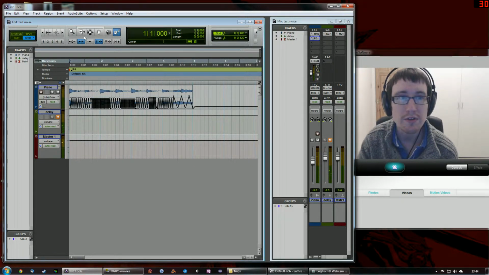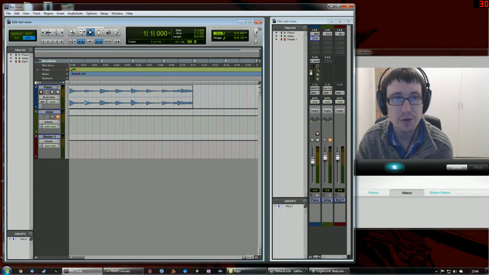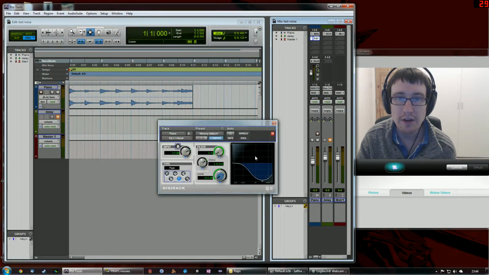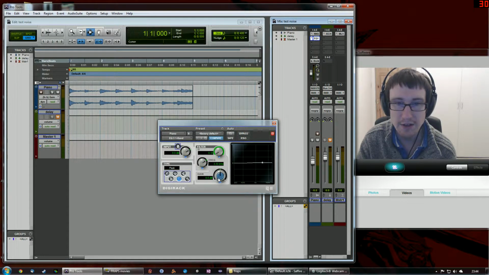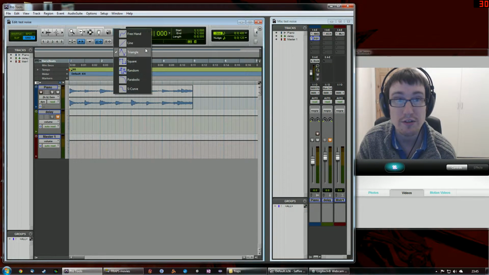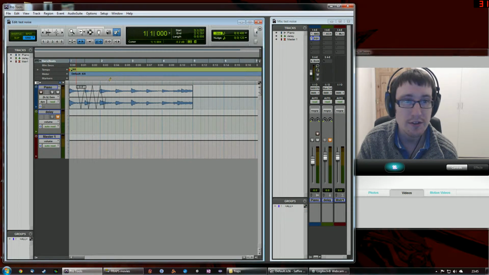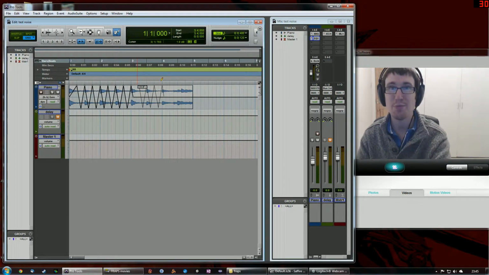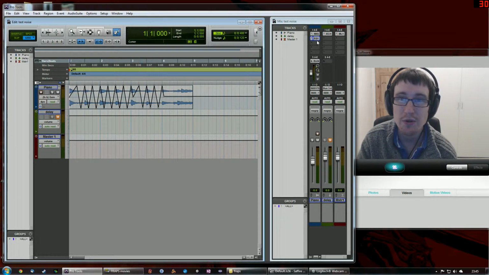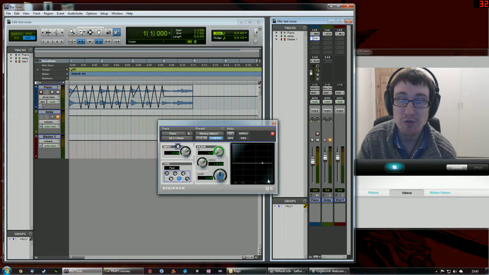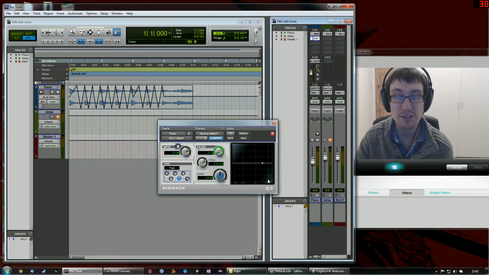What's worth noting is when I'm doing this technique, so I'll delete this so I can show you. When I'm doing this technique, and I'm starting from the baseline of 0 here, so my gain is set to 0. What I'm not doing is selecting, say, my triangle tool and then doing this, because if you notice, I'm just pointing at the screen here, that goes up to 18 plus dB when it goes up here, which means that it's going to spike really high and really low, and that could damage your speakers, damage your ears, and